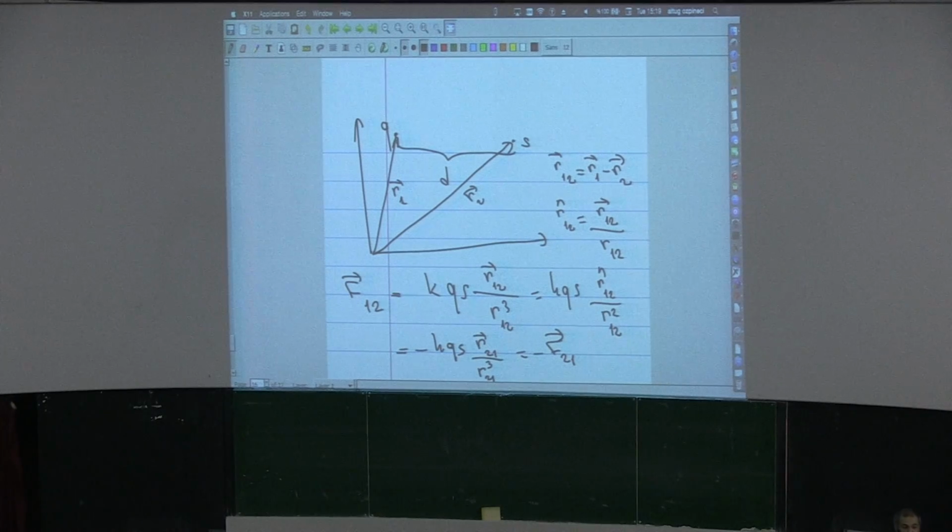And so they satisfy Newton's third law. The force that is exerted on charge 1 due to charge 2 is equal in magnitude to the force exerted on charge 2 due to charge 1, but opposite in direction. This is what this minus sign tells me, which basically tells me that these forces satisfy Newton's third law, and we know that if Newton's third law is satisfied, we have the conservation of momentum. So if there is any process in which we have these electrostatic forces, that process will conserve momentum,